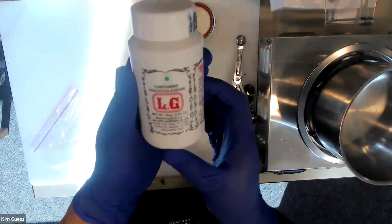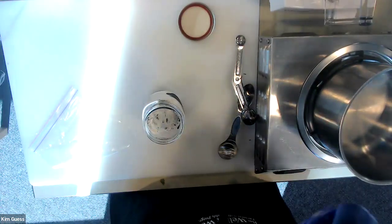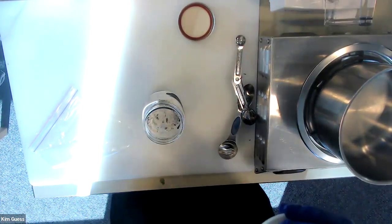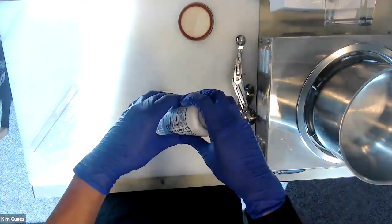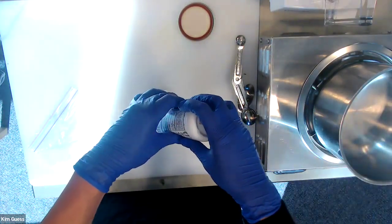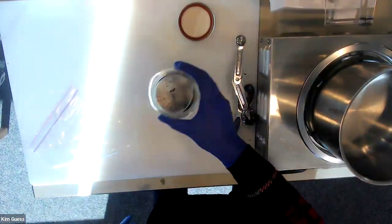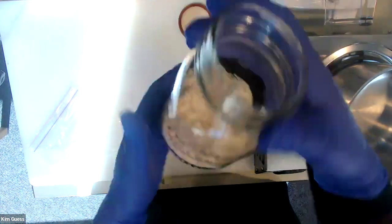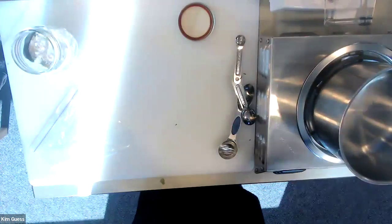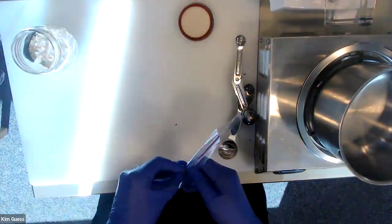So here it's again called asafoetida or hing. It comes in a small jar. You really just need a little pinch. I had trouble opening mine, but we'll just squeeze a little bit in there, and that should be plenty. Okay. So there you have the mixture. And let's go ahead and throw together the coconut chutney,